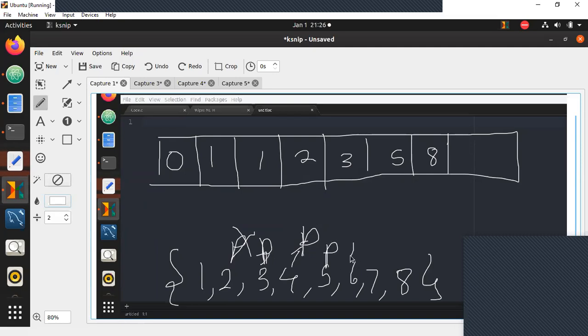Is it prime? Yes. Is this prime? No. Check in the Fibonacci series. It's not there. Is this prime? Yes. Then no need to check in the Fibonacci series. Is this prime? Yes. No need. Then, sorry, this is not prime. So let's check in the Fibonacci series. It is there. So this is a composite Fibonacci series number, 8. That is the idea. Is this logic clear, guys?